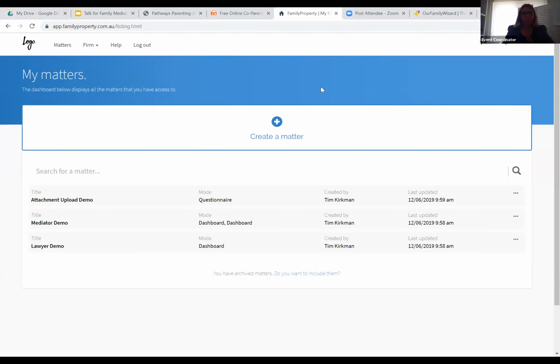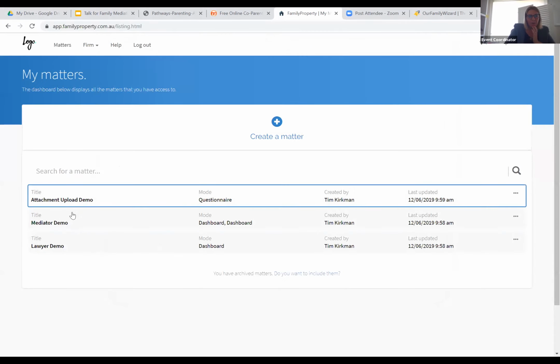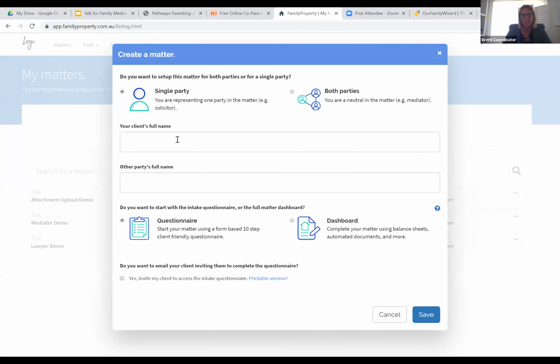Okay, so I'll just introduce you briefly to Family Property. It's an end-to-end product. What we do is we enable you to do it as a single party or as a representative, being say a mediator or an arbitrator. In the questionnaire, I'll go straight into a questionnaire matter.